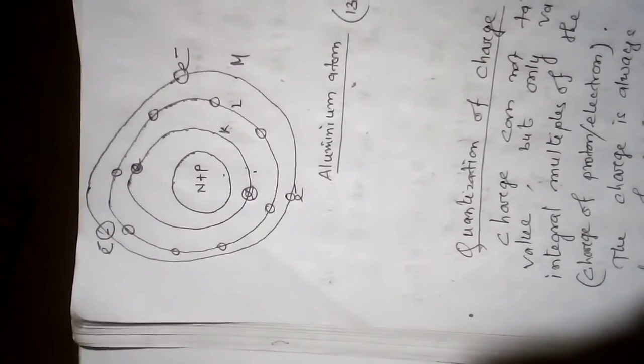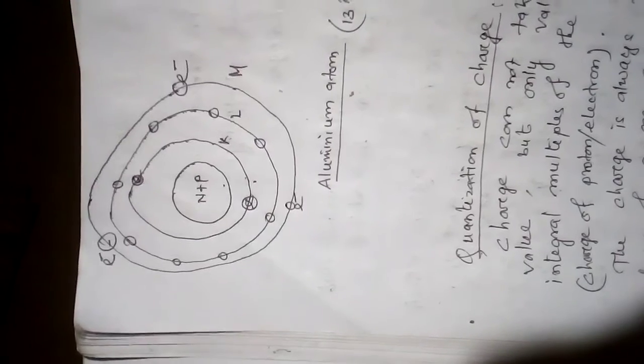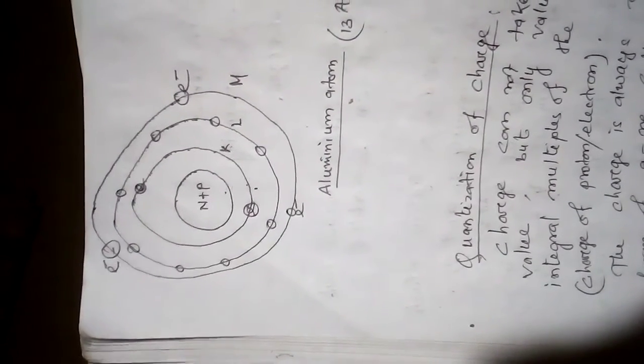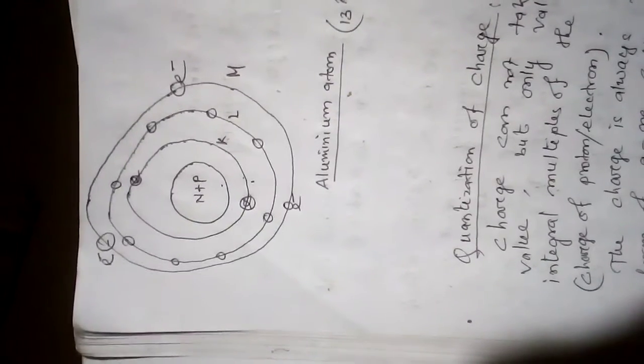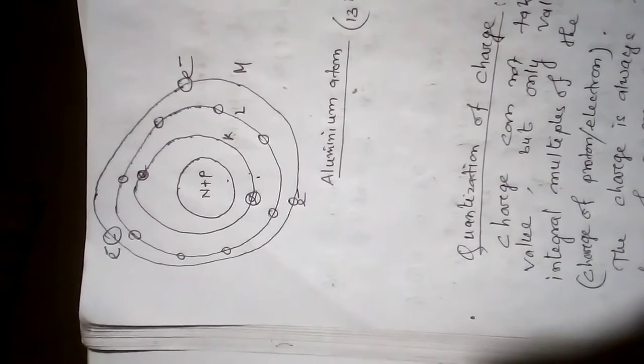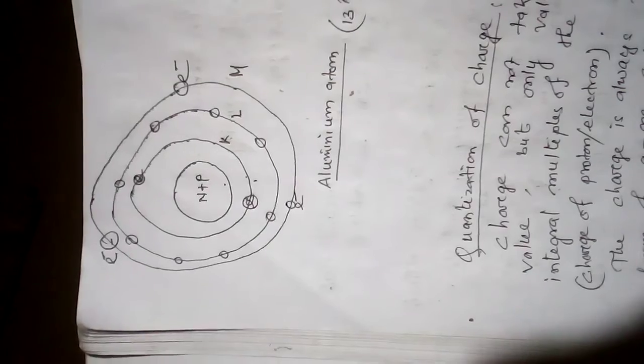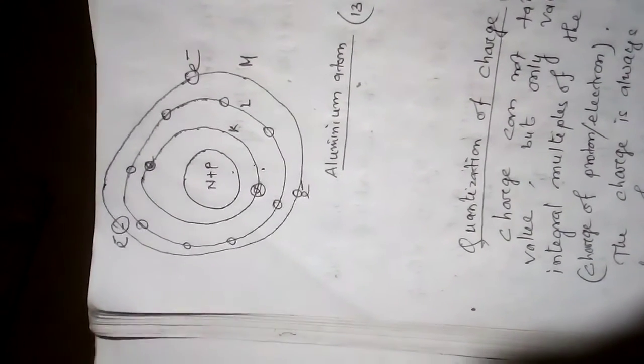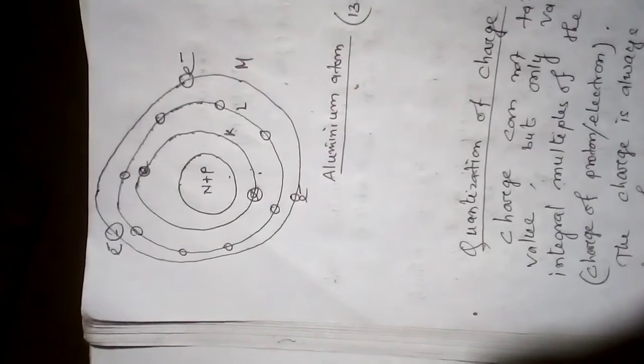So, what is a free electron? The electron which is located at the outermost orbit of the atom is called a free electron, and only this free electron can transfer from one body to another body with the help of conduction, induction, or any other specific method.